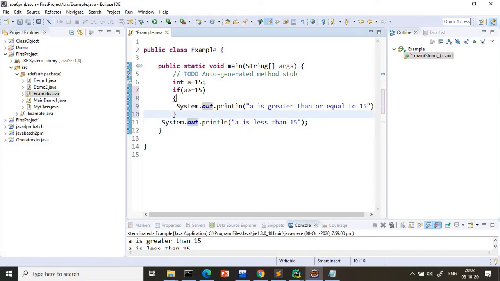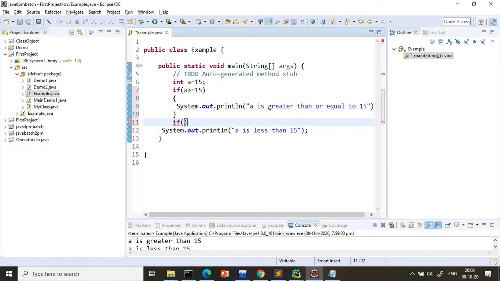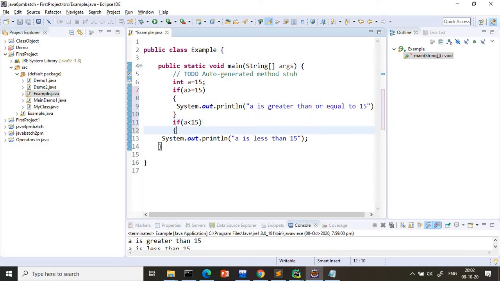Here I will write one more if statement: a is less than 15. Better, I will do one thing, guys. Let us take the value 10. I will write "a is greater than 10" instead of 15.